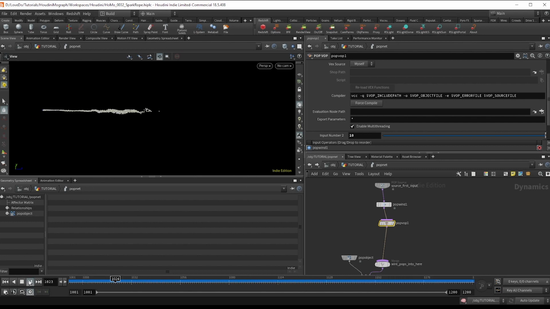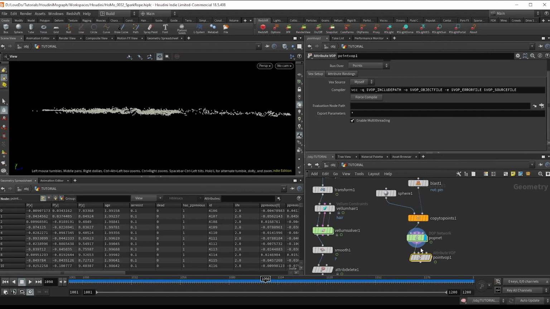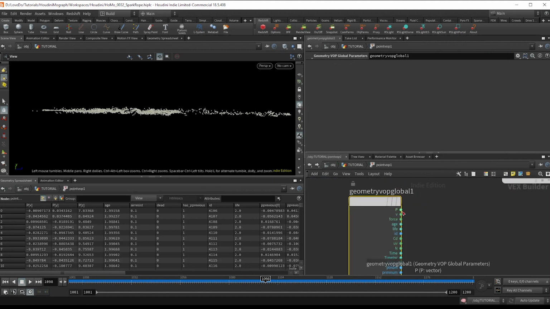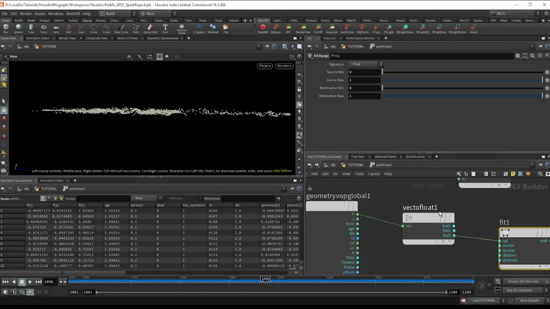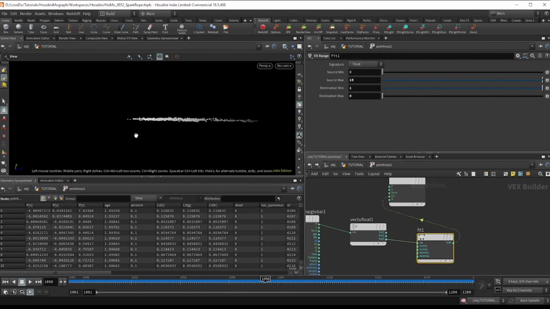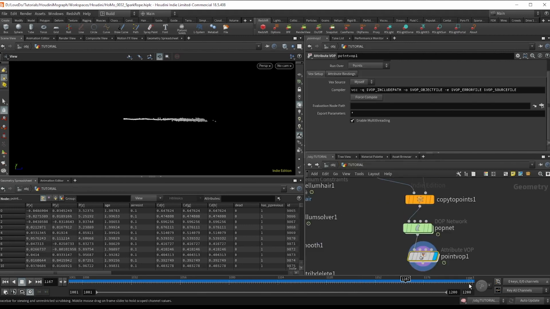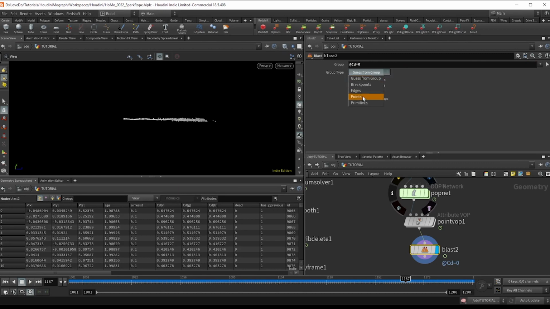Now it's also going way further than our actual rope though, so I'm going to make another point pop and do a vector to float on the position, and fit the z from 0 to 10 and just reverse it so it's 1 to 0. And I'm going to bind that out to color and blast node, typing @Cd equals 0 and changing the type to points so that we cut off